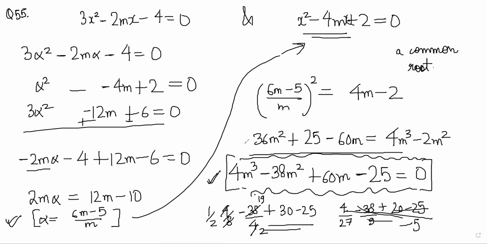Oh, 1 by root 2. Let me check again. 0.707. Hmm. I don't think it will be correct. I think they have made a mistake in writing the question. It should be x square minus 4mx plus 2. It's not near 1 by root 2 either. So then the question is slightly wrong and you can revert. If the x term was there, then you know what to do, right? Same method. So we'll ignore this then and we'll move on.